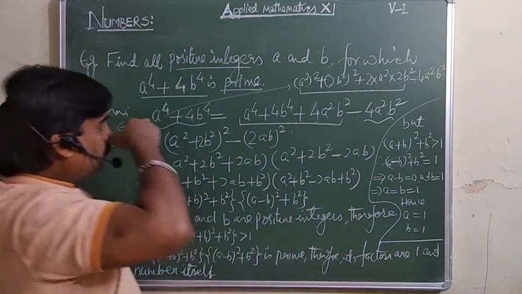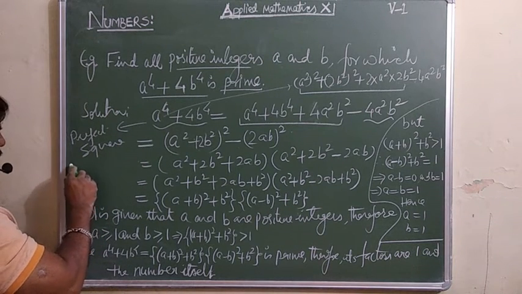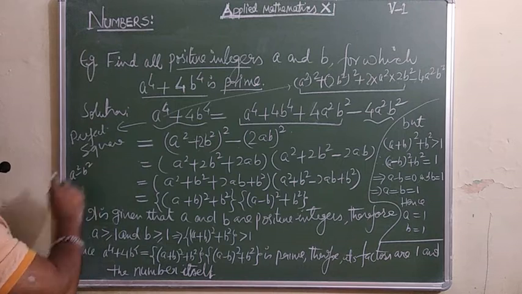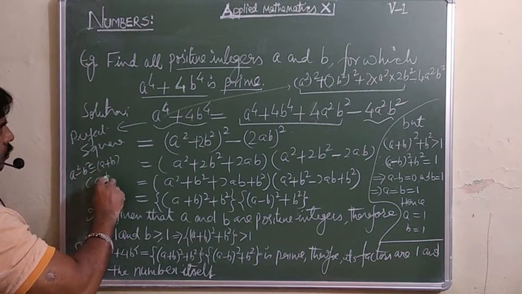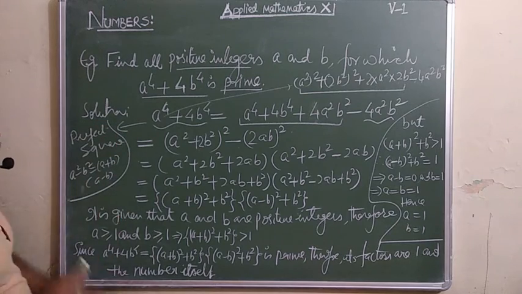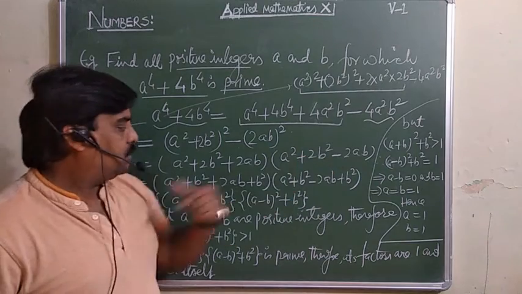(2ab)². Because if you are going to make it a perfect square, it means that after making the perfect square, it should come in the form a² minus b². So one time you can add and one time you can subtract, just there only. So this is now a² + b². One time you can add, one time you can subtract.